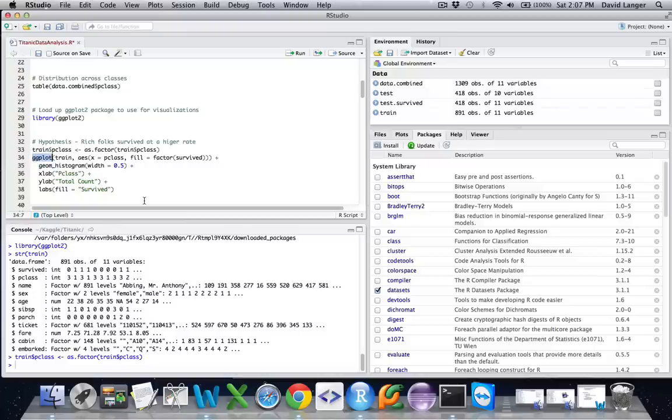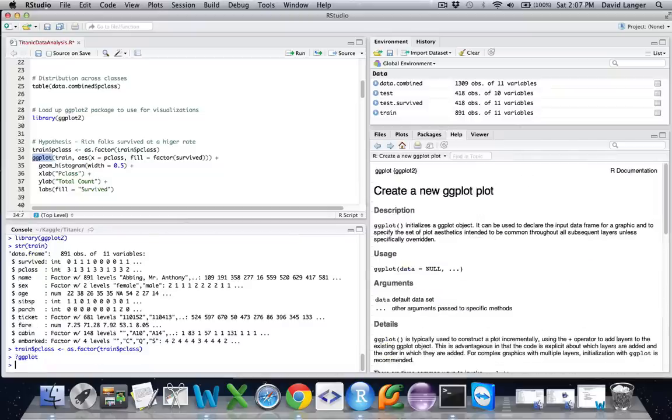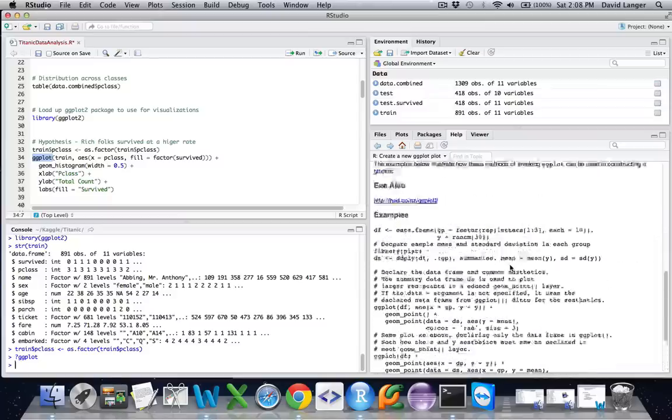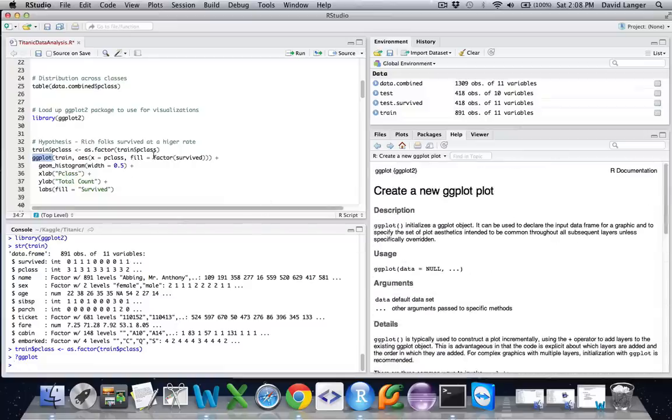So ggplot is the function, and of course you can pull that up in the help system, and it says, create a new ggplot. Okay, well, not particularly helpful. But what is helpful is that if you scroll down, it gives you a whole bunch of examples of how you use it. But you don't need to worry about that because I'll explain. The first thing that we pass into the ggplot function is the data that we're interested in plotting. More often than not, that's going to be a data frame, which is what we have here, right? We have the train variable, which, as we know from over here in the upper right corner, is a data frame. Great.